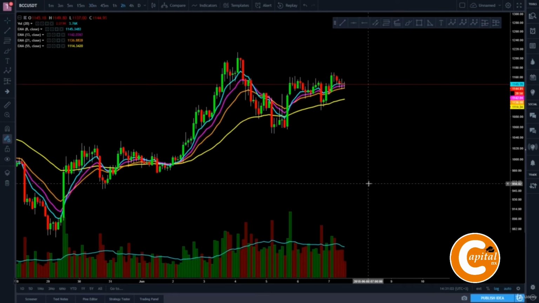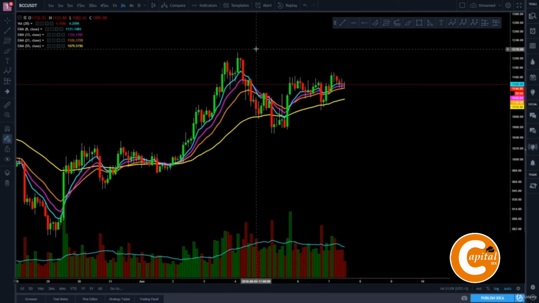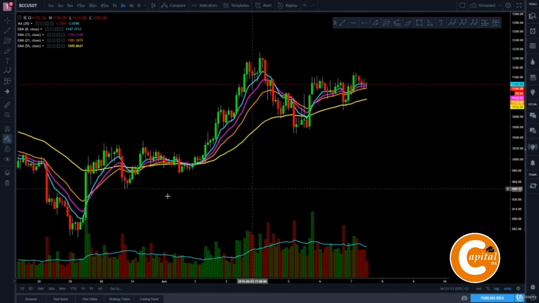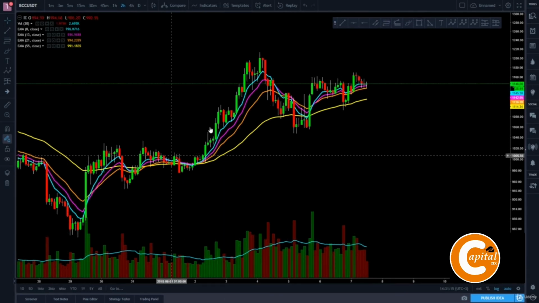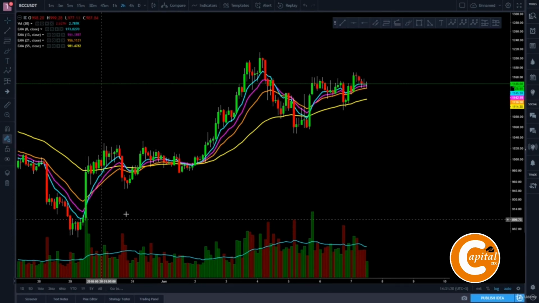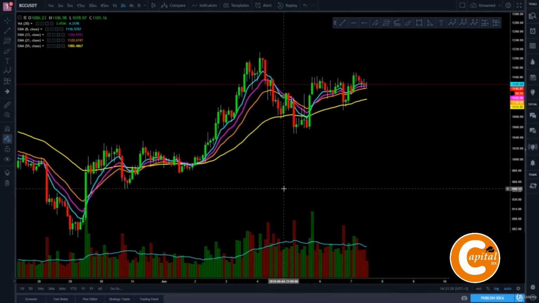So here we have Bitcoin Cash chart and I am on 2 hour time frame. What we are seeing right here at this chart is this top and this bottom, and these two extreme points are forming the first larger degree wave, and this first wave consists of 5 sub-waves which we are going to find right now and apply Fibonacci retracement only for the waves 2 and 4, which are the correction waves in